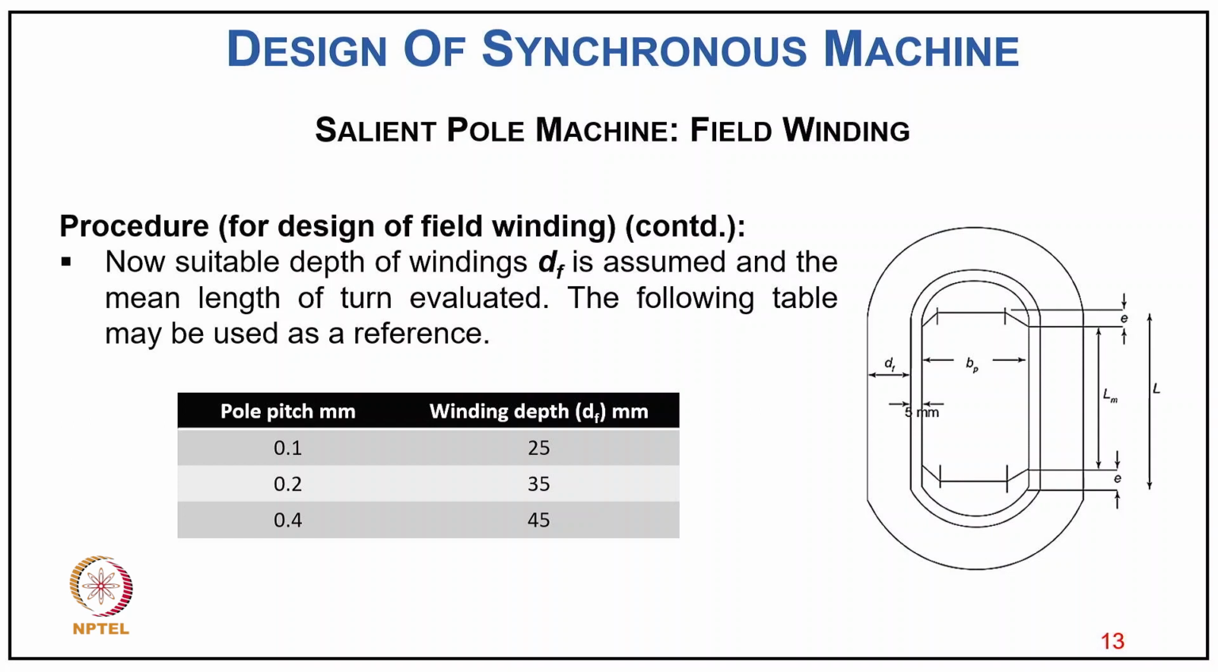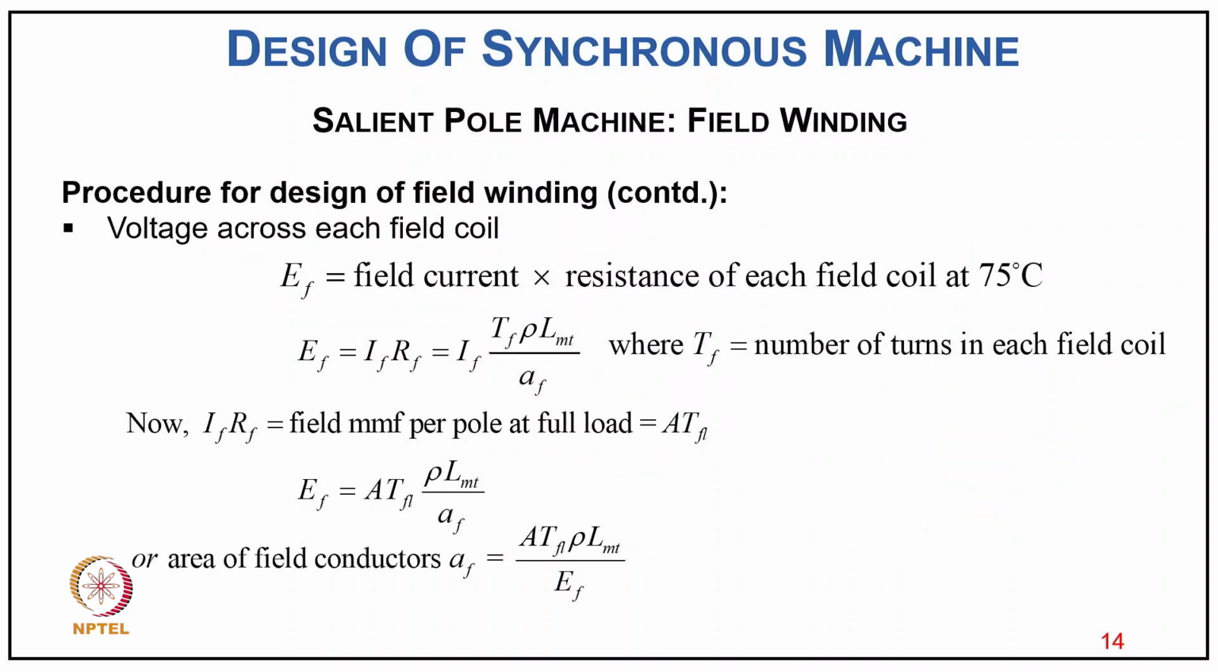Depending on the pole pitch, starting from 0.1 to 0.4, the winding depth DF in millimeter usually varies from 25 to 45 millimeter. Now coming to the voltage across each field coil, EF equals field current into resistance of the field coil at 75 degrees Celsius, so EF equals IF RF equals IF TF into rho LMT upon AF, where TF is the number of turns in each field coil and IF RF is the field MMF